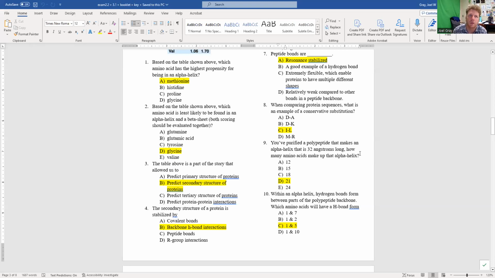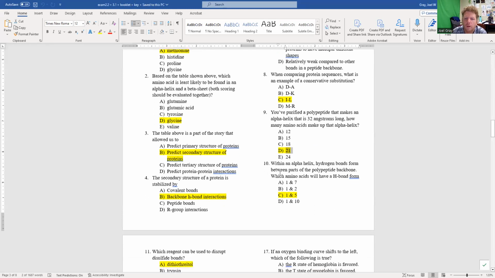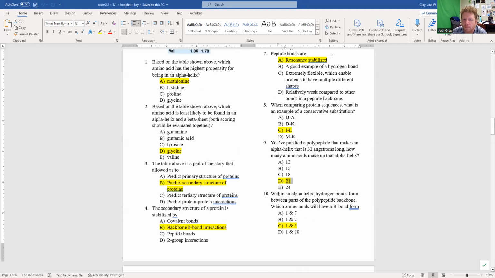Okay, so for this, let's see, calculator. 32 angstroms divided by 5.4. That means we've got something that's about 5.9 rotations. So roughly 6. So that would be 6 complete rotations times each rotation has about 3.6 amino acids. So 6 times 3.6 is 21.6. So D is our best answer, 21. Number 10, within an alpha helix, hydrogen bonds